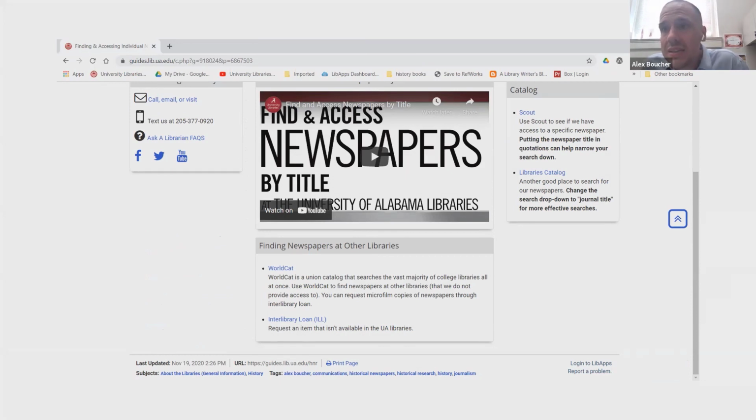Well, the way you would most likely be accessing it is through what we mentioned earlier, microfilm. And the easiest way to find that is to go to a database called WorldCat. There's a link to it on this research guide. You can also find it on our databases page. But WorldCat is basically every library's catalog rolled into one search engine. So it's great for finding books, but also good for finding newspapers.